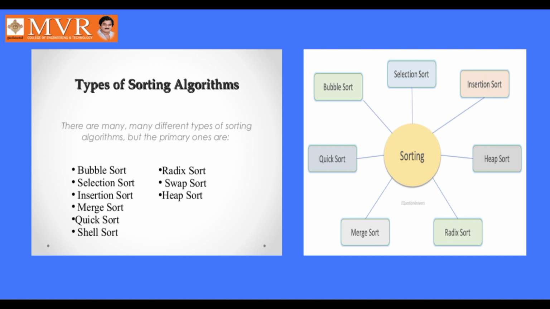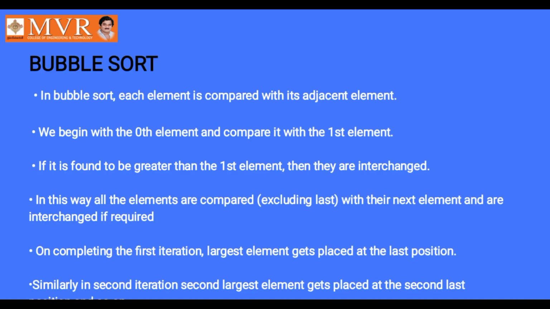If my data is small, then I go for the simple sorting technique, that is bubble sort, which is efficient on a small amount of data. Okay, we will be selecting any sorting technique based on the situation we are in, based on the data provided to us. Okay, next, bubble sort algorithm.